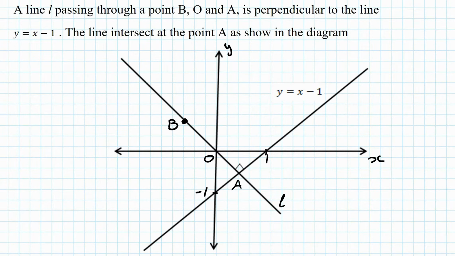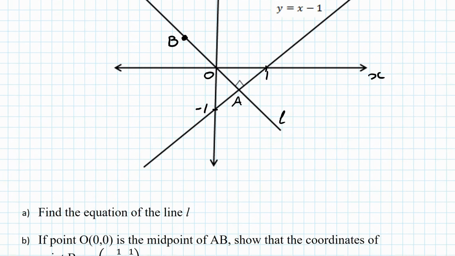A line L passing through points B, O, and A is perpendicular to the line y equals x minus 1. The lines intersect at point A as shown in the diagram. So you have two lines that are perpendicular to each other. Now the questions are: